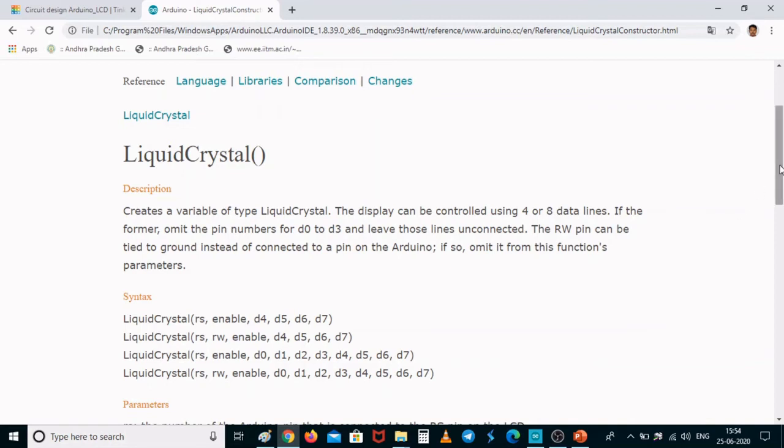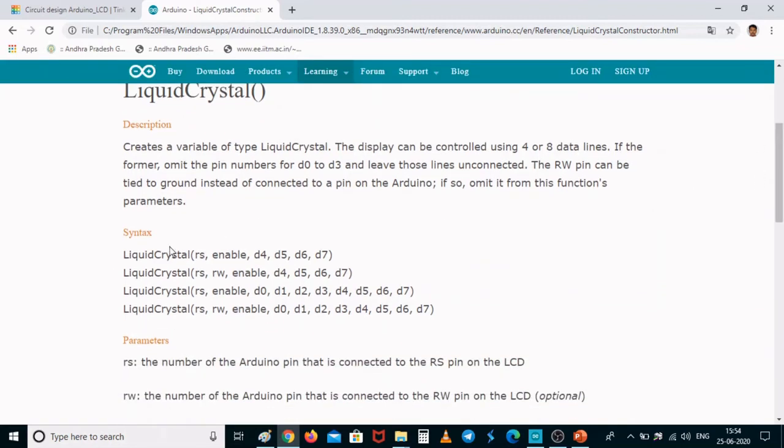You can see the syntax here: LiquidCrystal within brackets RS, which stands for register select, enable, and the data lines D4, D5, D6, D7. In the second syntax there is a read write, but in the first syntax there is no read write.